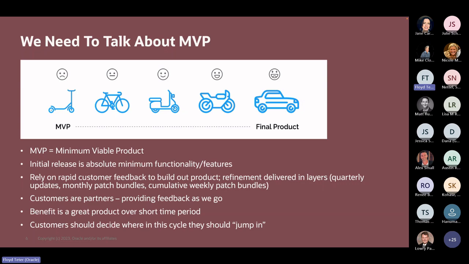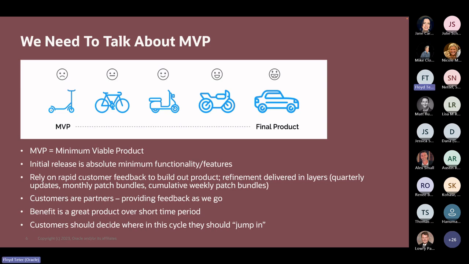And the reason we do that is to get more of this new functionality out to our customers as quickly as we can. We could try and hold back, spend the next 2 or 3 years building a near perfect product, polishing the apple, if you will, and putting it out, and we'd still miss a whole lot of use cases from a whole lot of customers. We just cannot envision everything everyone's doing with a product down to the finest levels of detail. So rather than do that, we put out a minimum viable product and we rely on customer feedback to